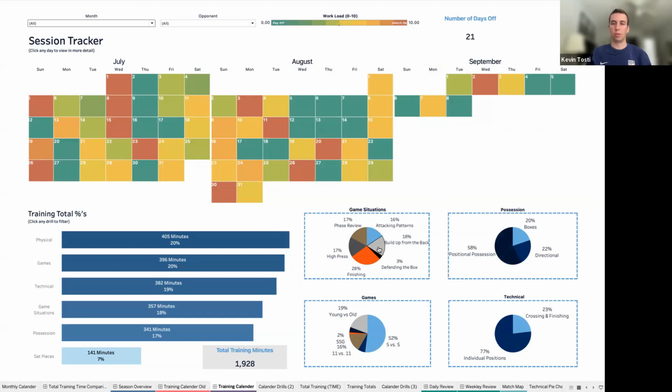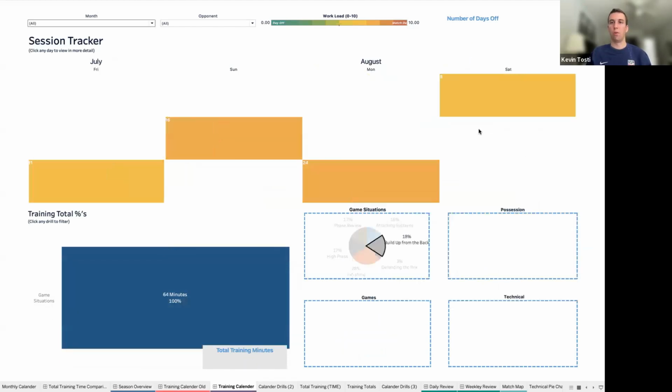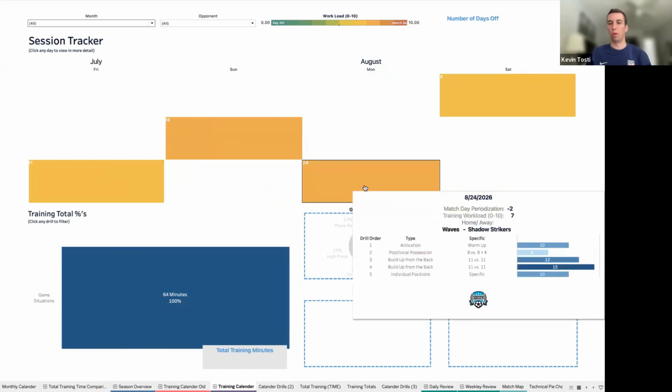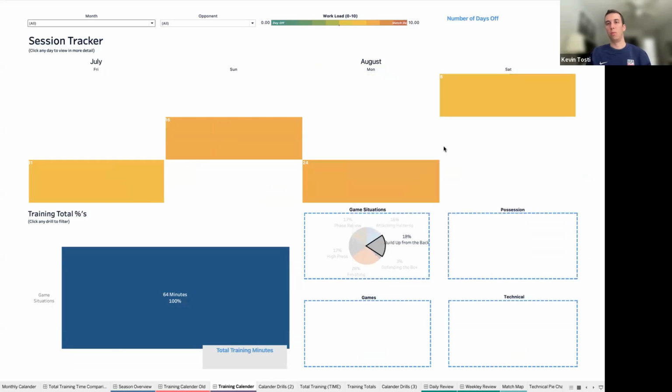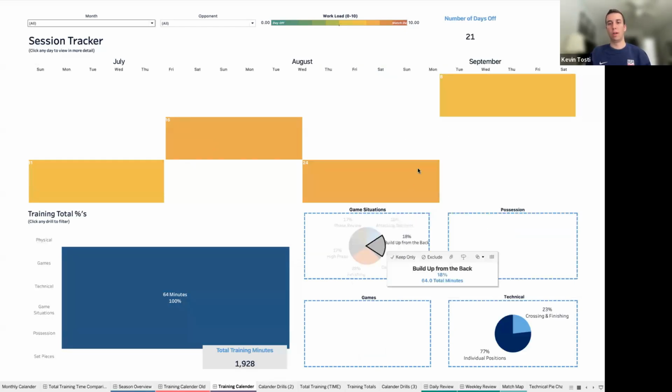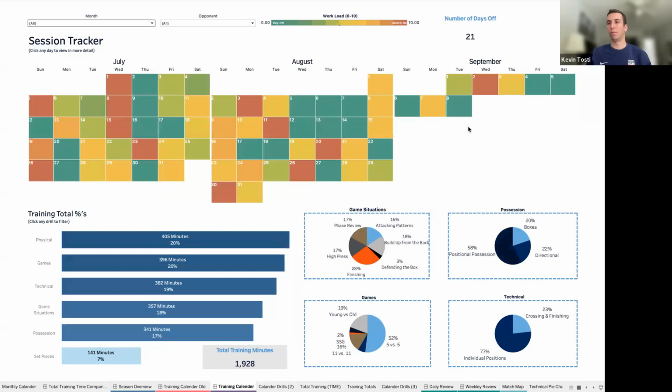So then we can take a look, just selecting and finding out what days we did these build-ups on and against what opponent. And then we can start to look into how that's affecting our play, and do we need to do more of it?